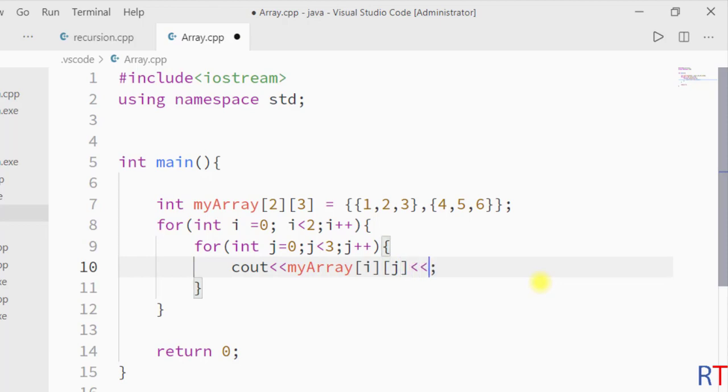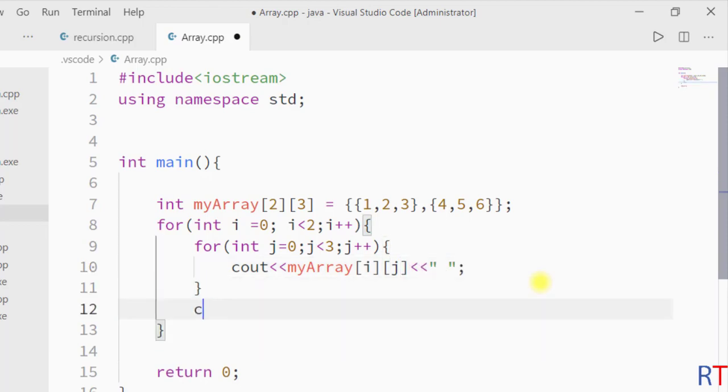We should also have some space in between the elements, and after printing each row we should have a line break. So I'm going to use endl.